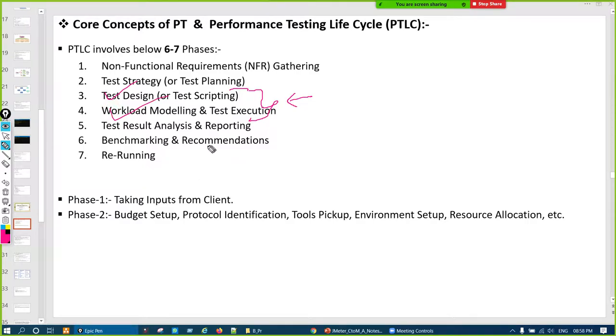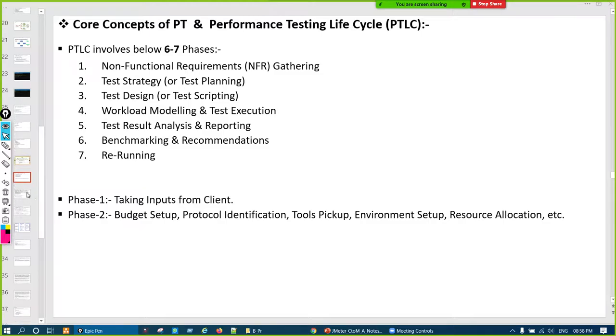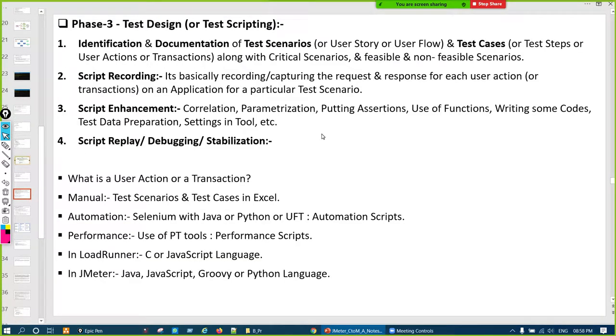Now, let us go to phase number 3. In phase number 3, that is the test design or test scripting phase, what we do is identification and documentation of the test scenario, or we call that a user story also, or user flow, right?